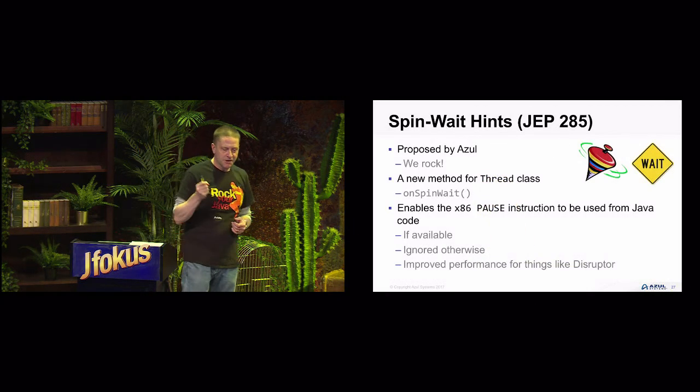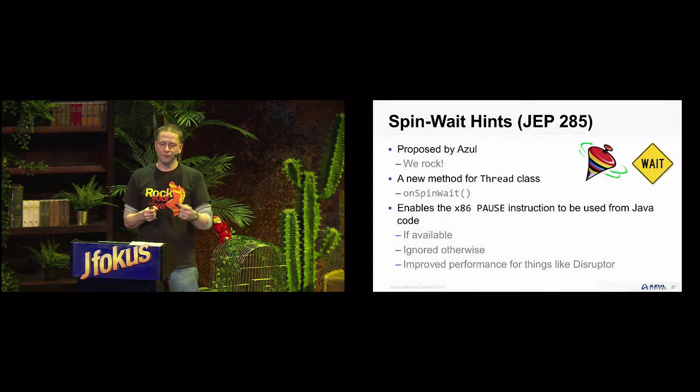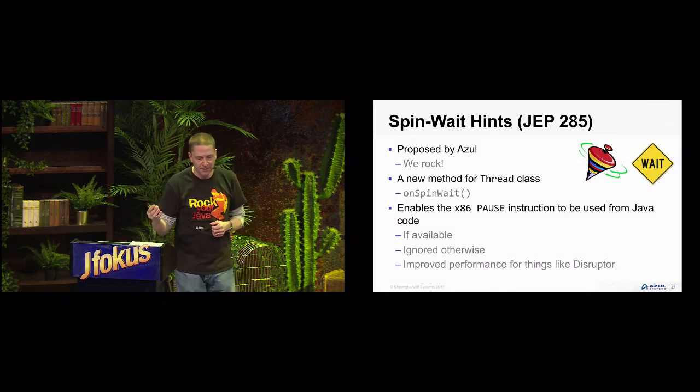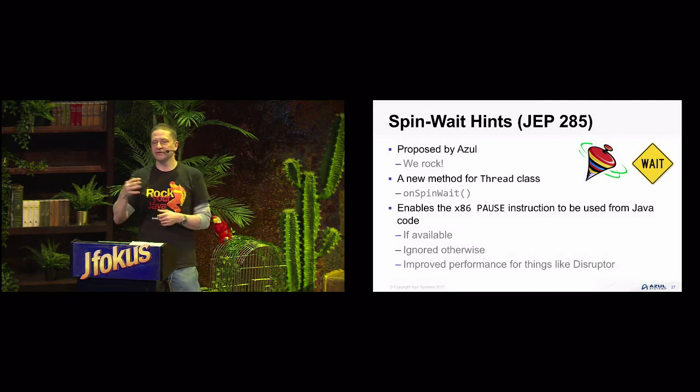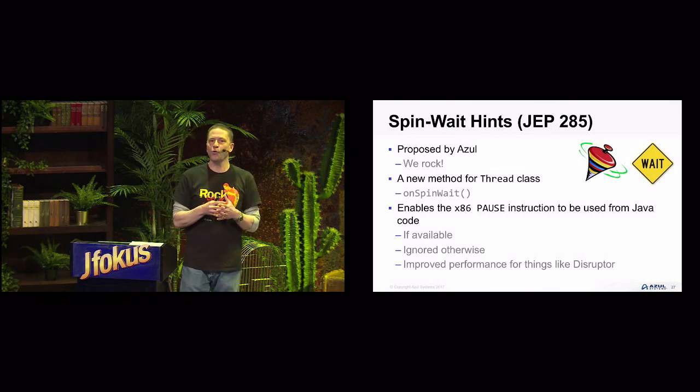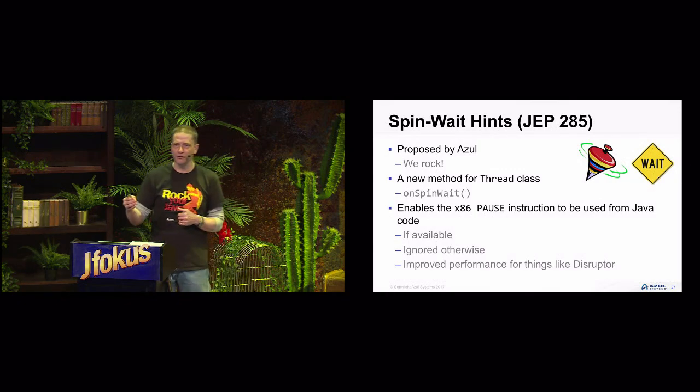Spin wait hints. This is an interesting thing for us at Azul because it was a change that we proposed as a JEP, a JDK enhancement proposal. And we are the first company outside of Oracle to propose a JEP and actually have it accepted into the JDK. I will say that it was quite a lot of work in terms of what we had to do,